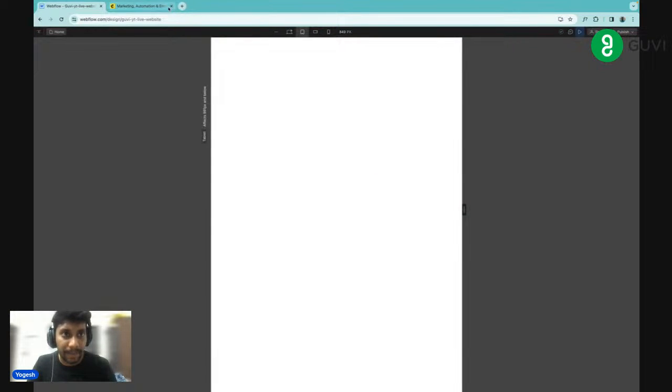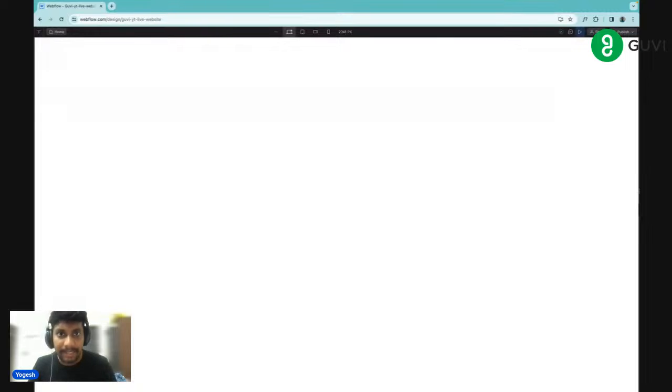Like that, we have different breakpoints over here, and all these breakpoints you can design, and you can change the layout once it reaches the breakpoint, so that it adapts to any design. So even if you were to open it in your mobile, or even if you were to open it in your desktop, you can create different layouts so that it is compatible with any device. That is the essence of responsive design, and Webflow helps you cater to that,